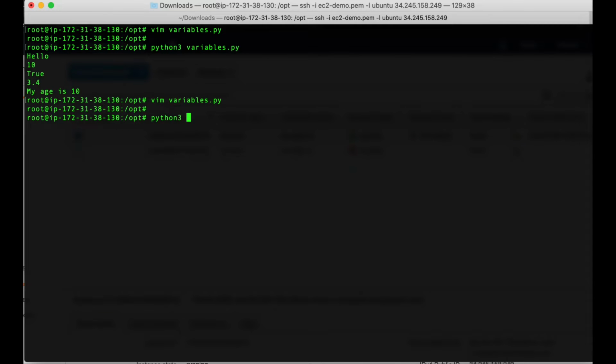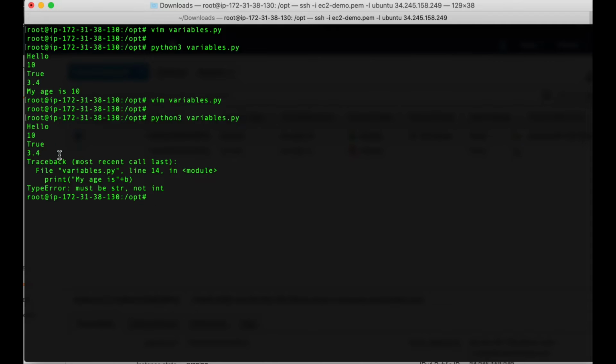Okay, so it says type error: must be string, not int. This is because our b is an integer, right? So it is expecting a string, not an integer.